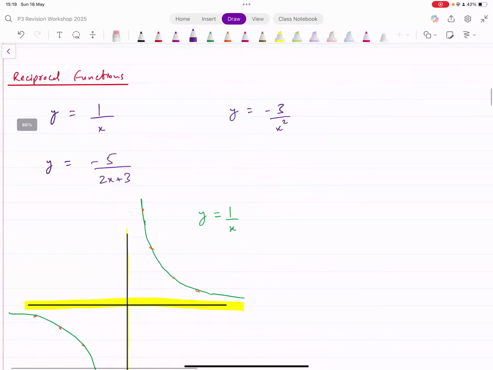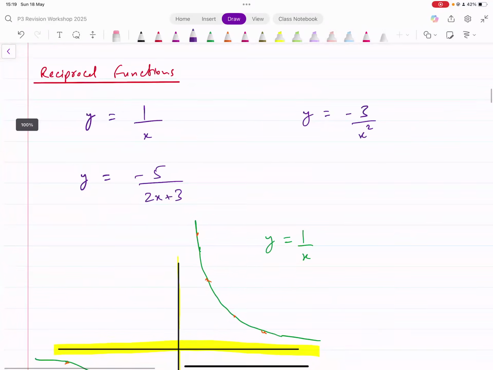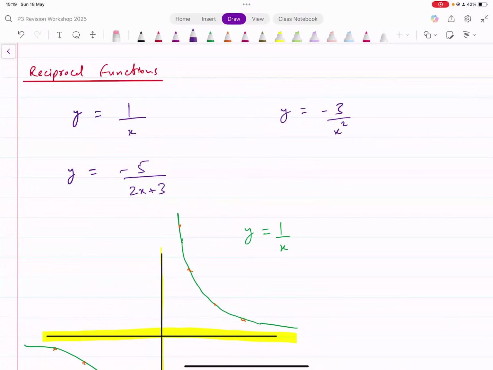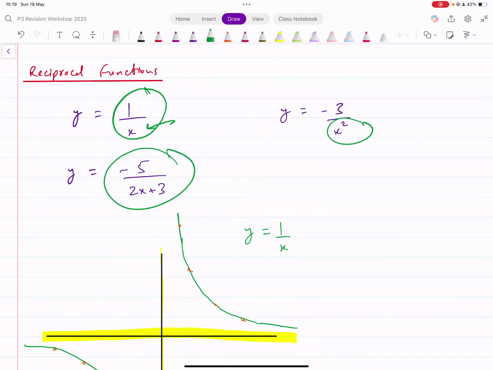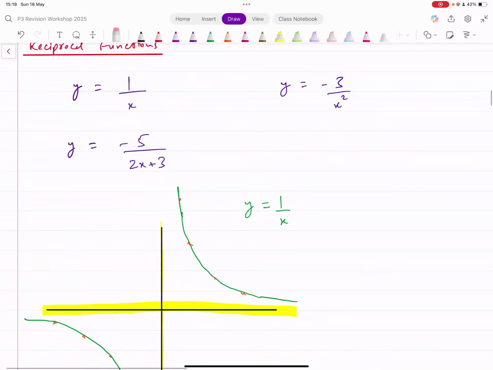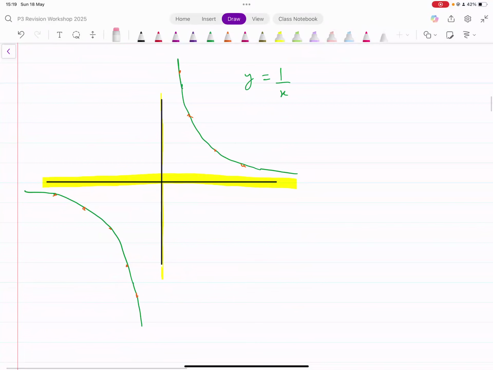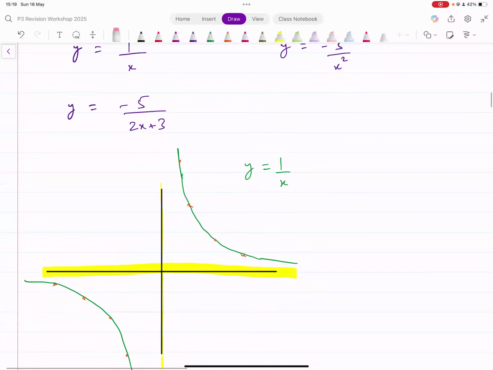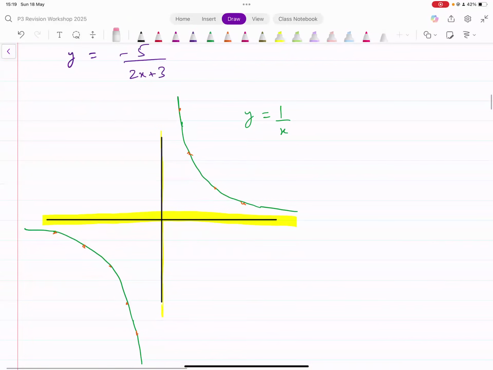Then you have reciprocal functions. Reciprocal functions are those functions in which you have x in the denominator. It could be like this. It could be like this. You can have square in the denominator. All you need to remember about such functions is that their graphs are going to be broken. They will occur in multiple parts, right? Because when the denominator becomes 0, the graph will be broken at that point, and it will come in two different